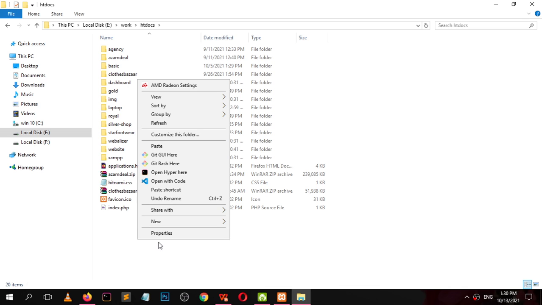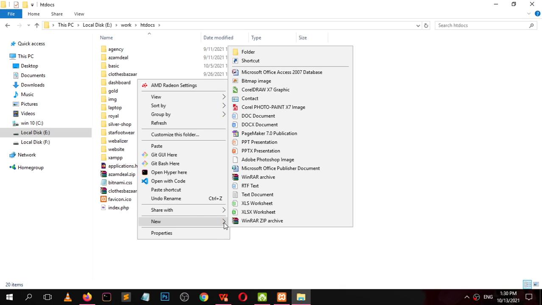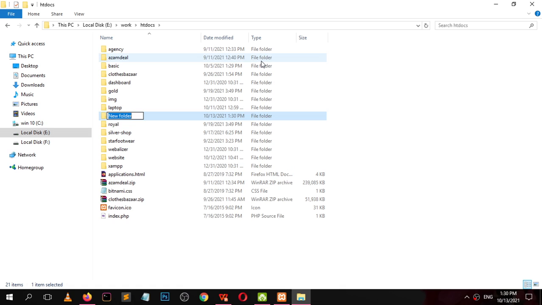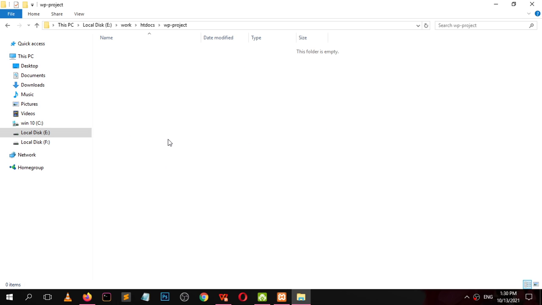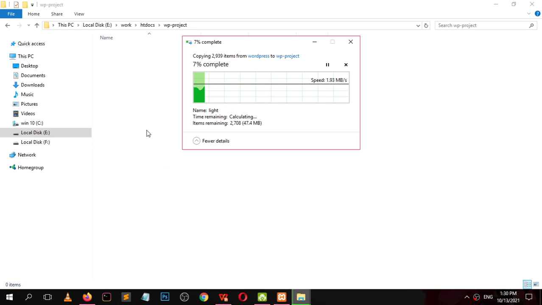Inside the htdocs folder, create a new folder and name it as your project. I will name it WP project. Open the folder and paste all the core files of WordPress here.